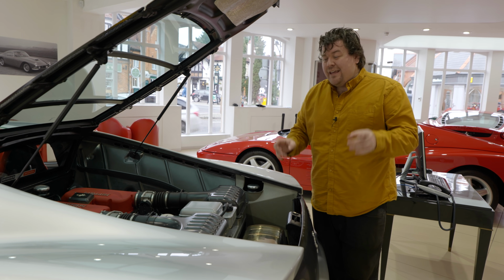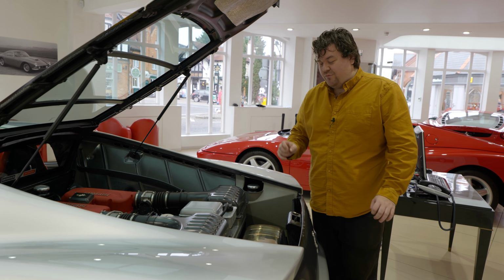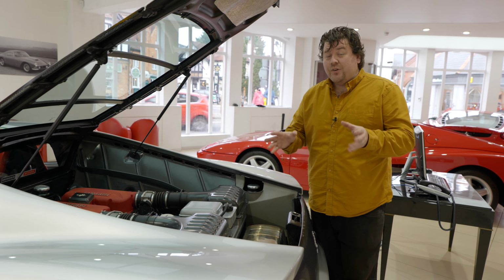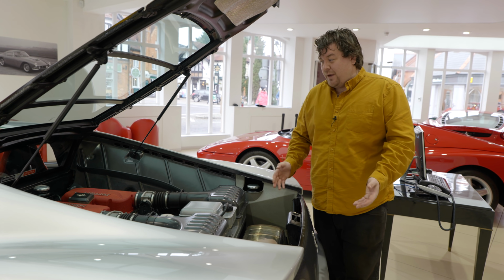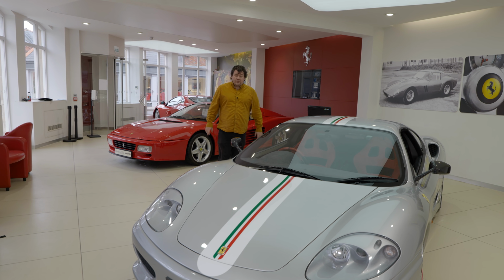Generally speaking, you're probably much more likely to overfill the car than you are to actually run it dry, especially if you're only driving for a short period of time. So if you're absolutely unsure or uncertain, or you can't find the owner's manual, just phone your local main Ferrari dealer, speak to their service department, and they will tell you what you need to do. And that, hopefully, is just some of the things you might need to know if you're going to drive a